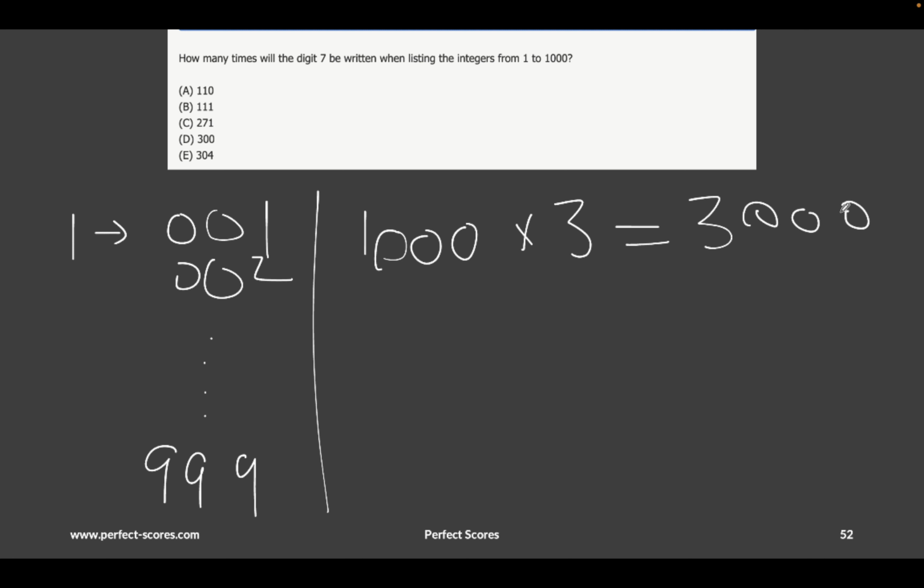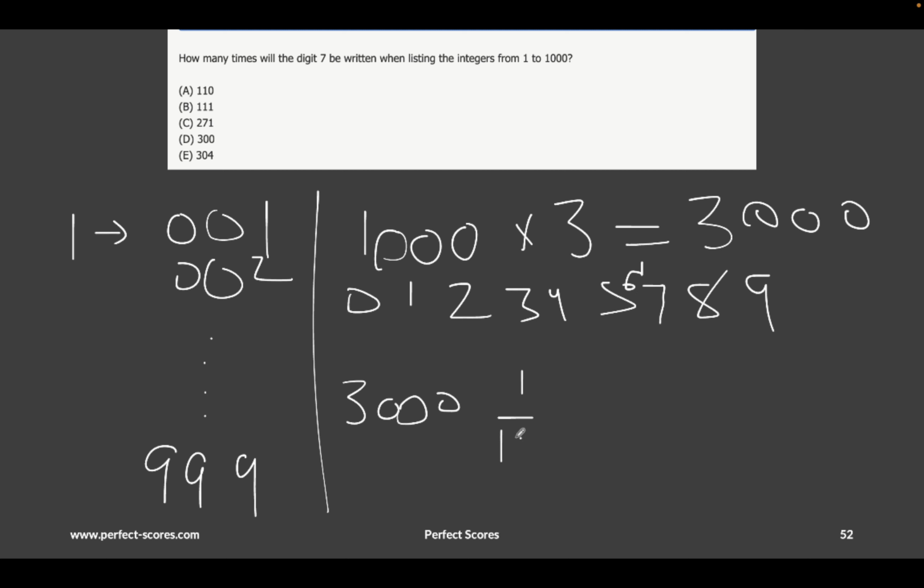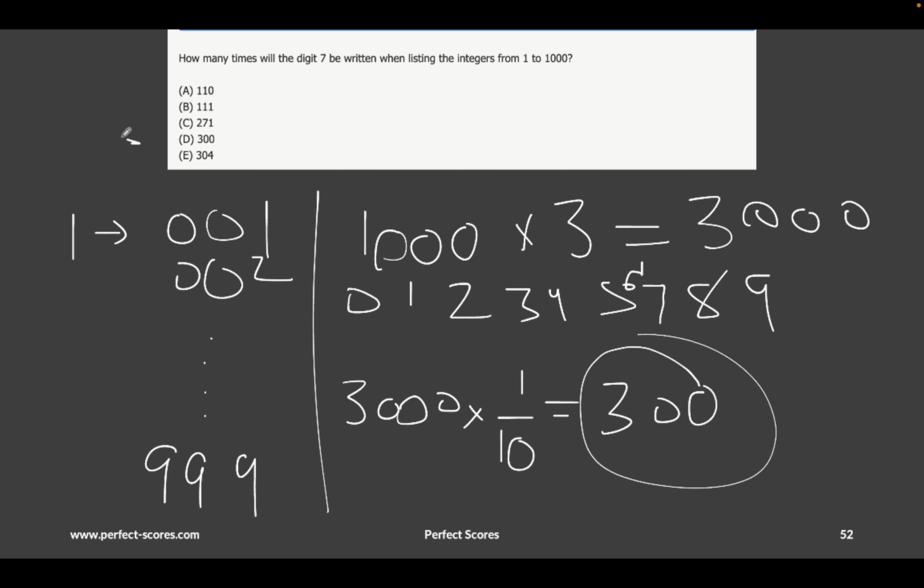Right? So you're basically using a total of 3000 digits. And the number 7 is equally likely to arrive out of all the digits, from 1, 2, 3, 4, 5, 6, 7, 8, 9. So number 7 is equally likely to be part of these 3000 digits. So number 7 has 1/10 of a probability to be used. So that means a total of 300 numbers will actually use number 7. So that's the answer. So you can actually use probability to answer this question rather than actually counting the number